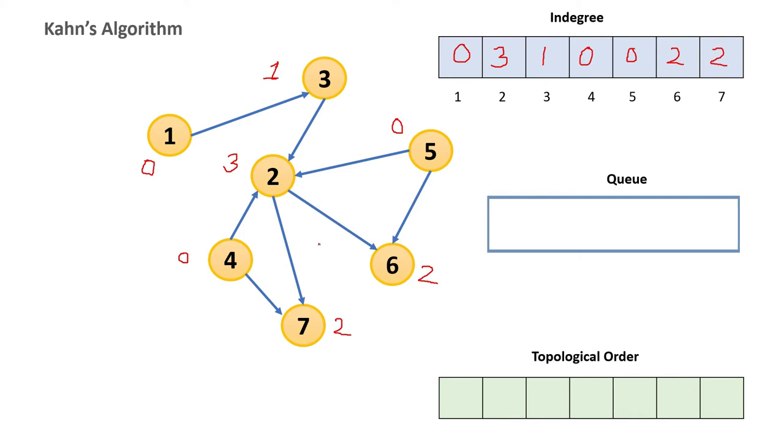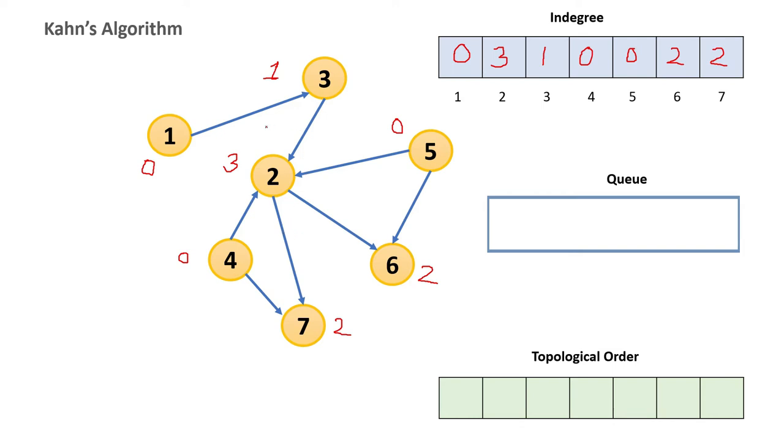Before that we have to know one concept, that is called in degree or out degree of a node. What is known as in degree of a node? That means we have to check for a node how many edges are coming inside. So if you check for this example, node 2, from 4 to 2 and from 3 to 2 and 5 to 2, the connections are coming inside or towards 2. So that's why the in degree value of 2 is 3. In the same manner, out degree means whatever edges are going outside. So from 2 to 7, 2 to 6, the edges are going outside. So the out degree value for this will be 2.